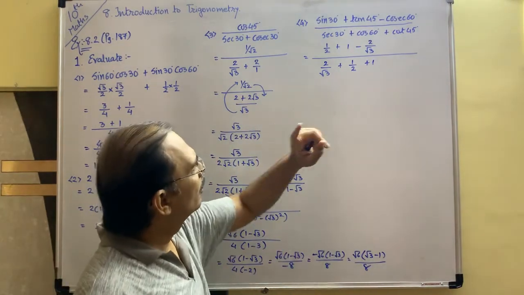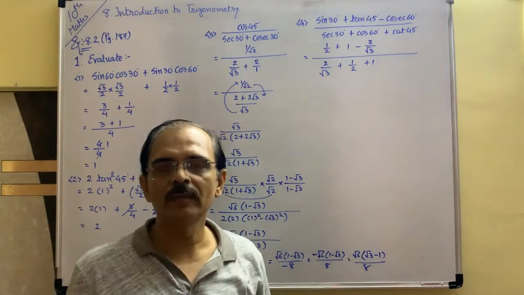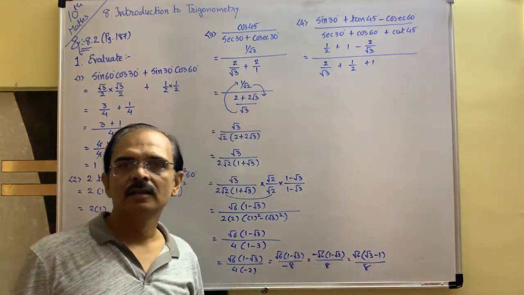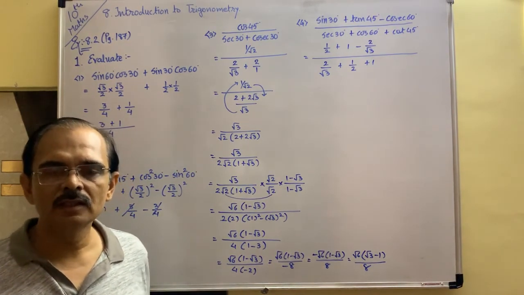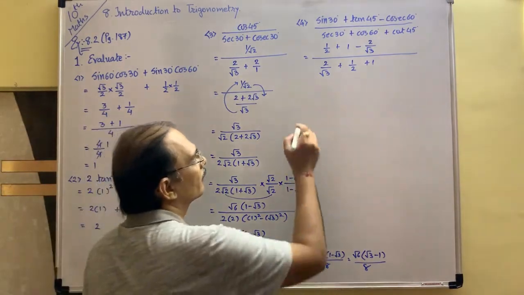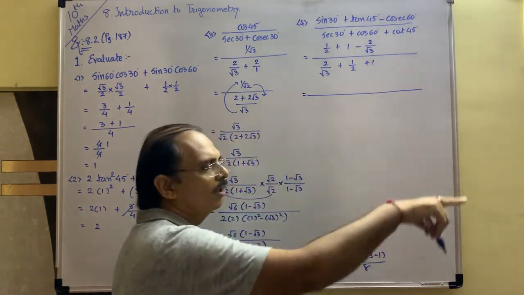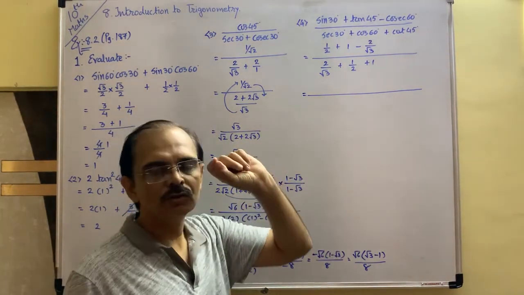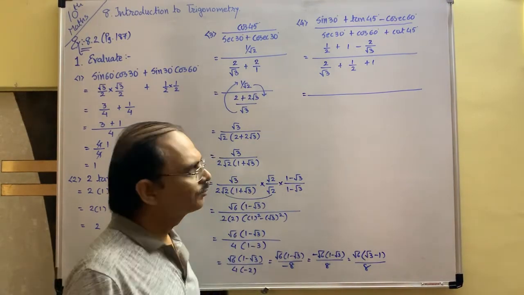Remember, never cancel the half and the 1 here. This is not your maths, okay? Because a plus or minus sign is there, so you are not to cancel it. If there is multiplication or division, then and only then you can cancel the term. Remember this thing. So the main division line, always write it long, and always write this main division in front of the equal to sign. This is the basic condition of maths.